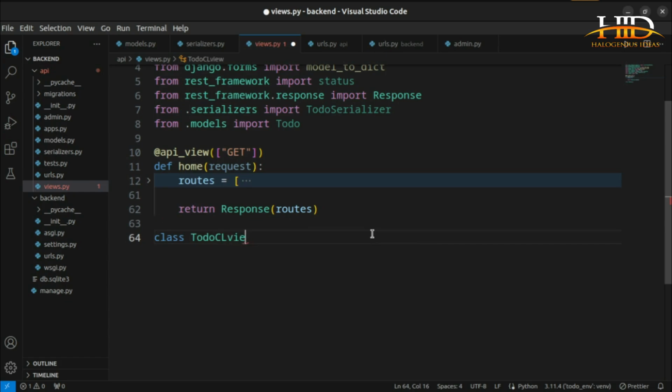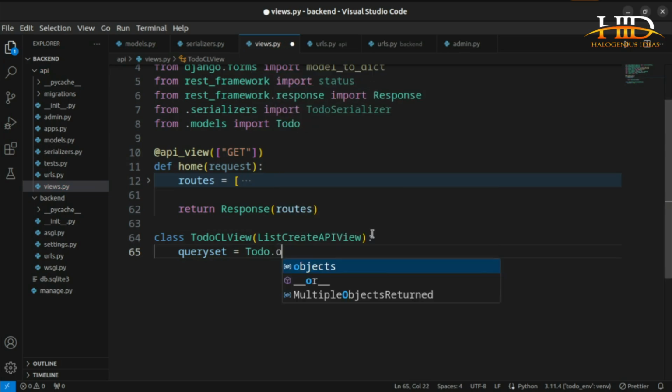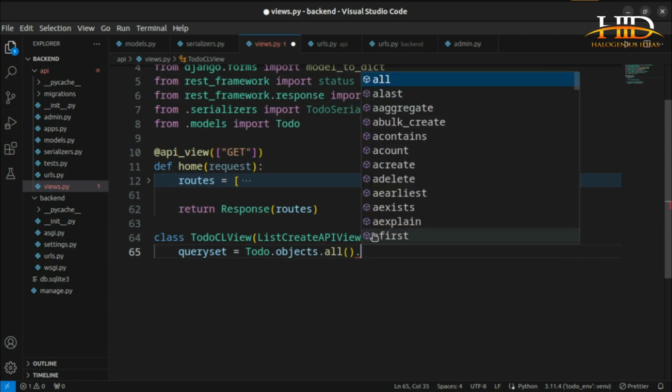Okay, the create list view. So this create list view now, it is going to be coming from ListCreateView, then the queryset. Don't forget the queryset is going to be equal to ToDo.objects.all. But I'm going to be playing a trick on Django here. I want Django to be giving me the most recent tasks. So the most recent tasks will be at the top,